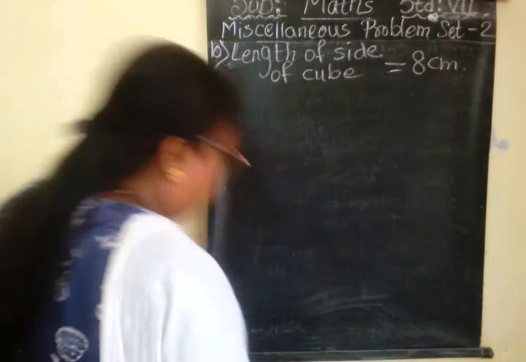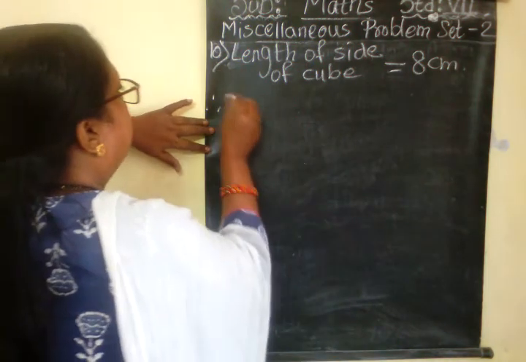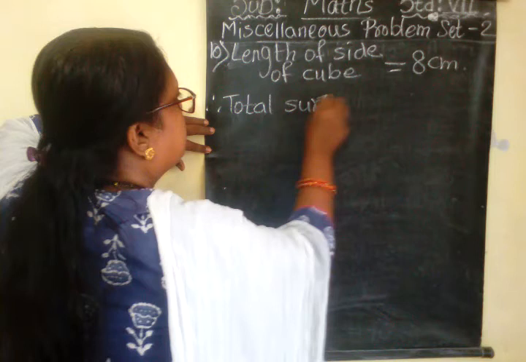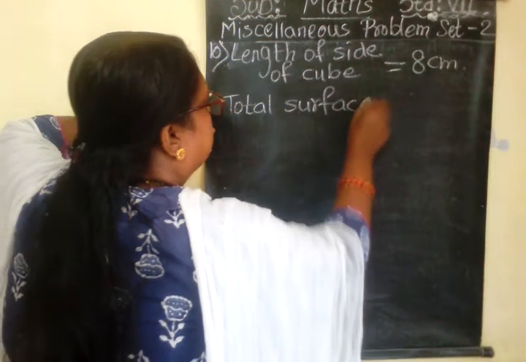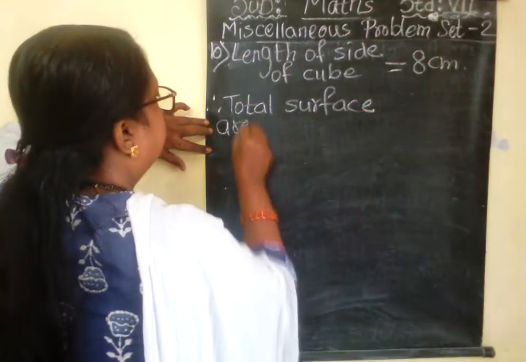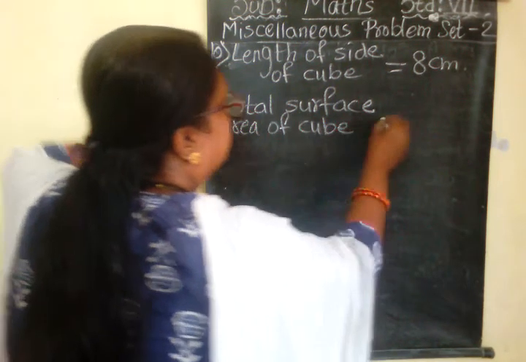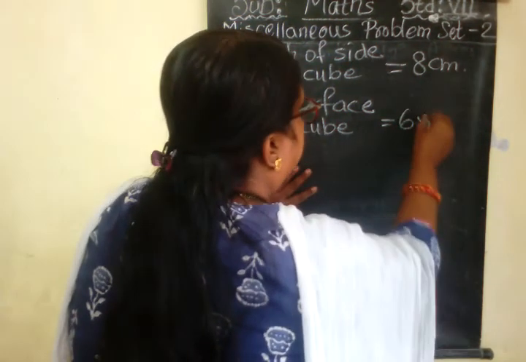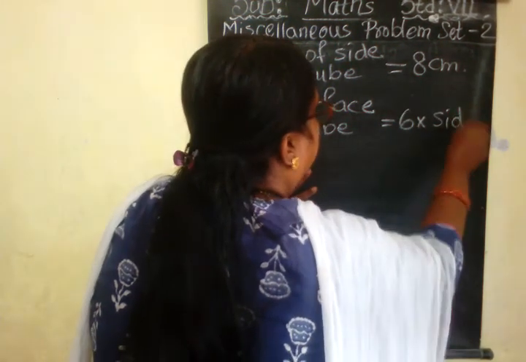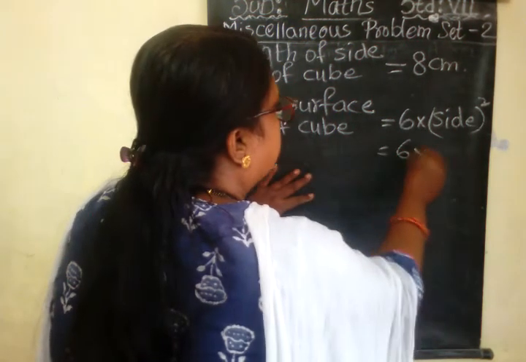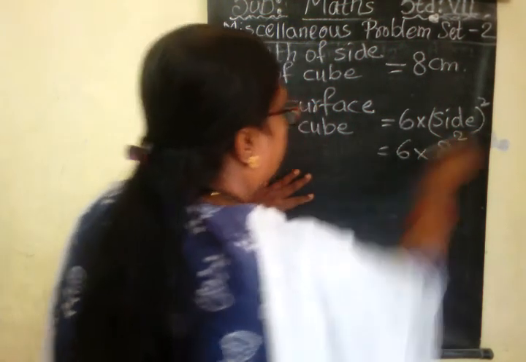Then total surface area, therefore total surface area of cube is equal to 6 multiplied by side square, which is equal to 6 multiplied by 8 square,